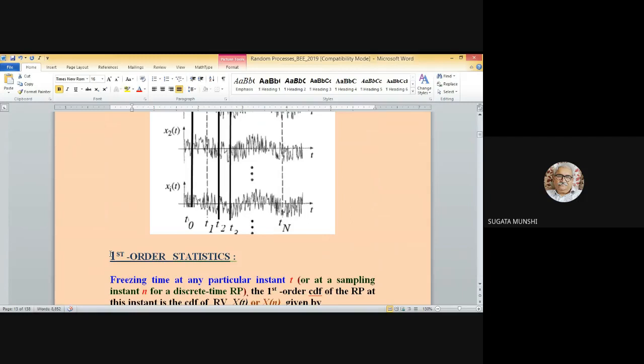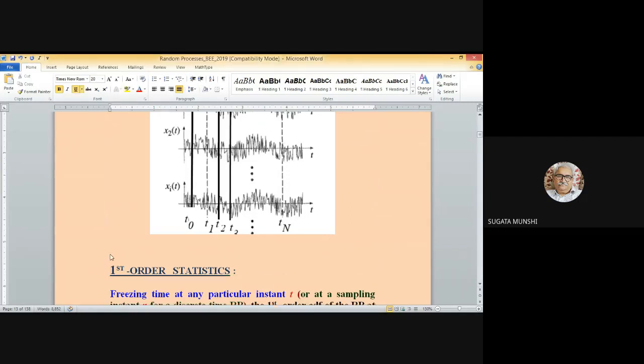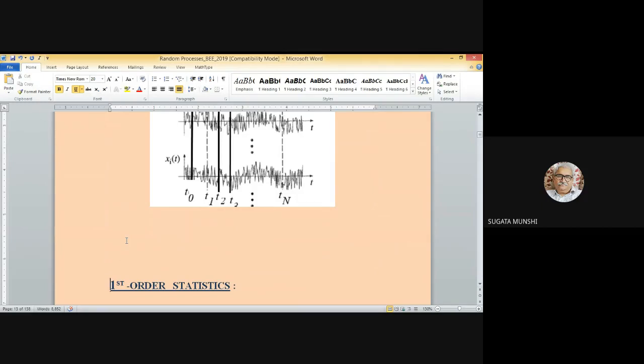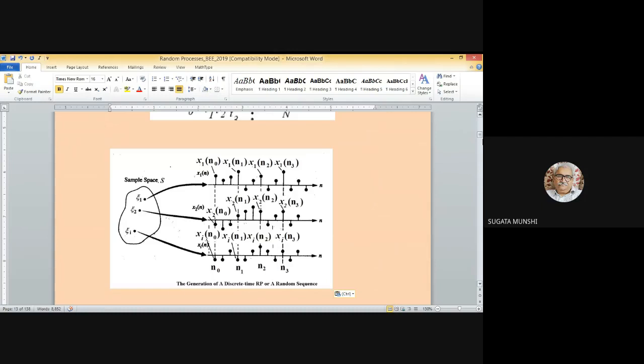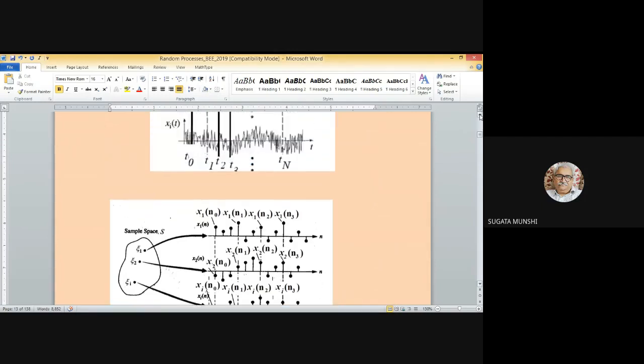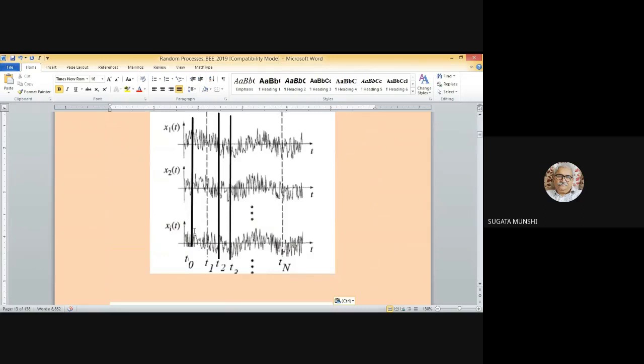So here, if you freeze your attention in case of the continuous time, continuous amplitude random process to a particular instant t1, then small x1 t1, small x2 t1, small x3 t1, in this way up to small xi t1, these are the values assumed by a random variable capital X t1 or capital X1. Similarly, in the case of